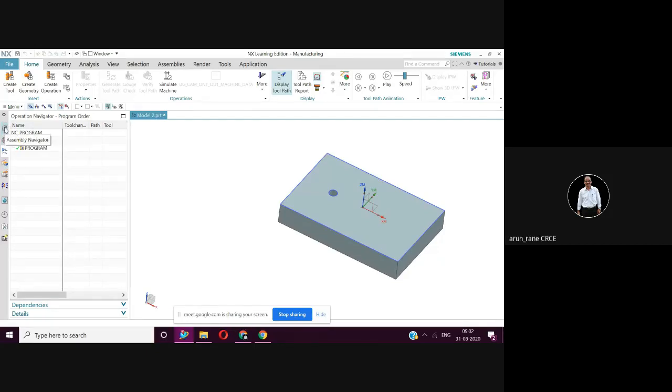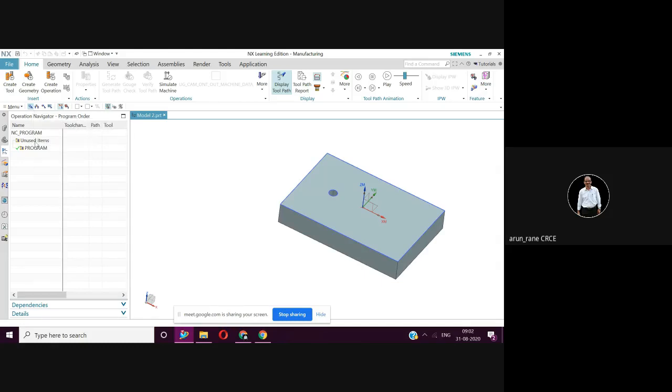On the side, you can see the different navigators: the assembly navigator, the part navigator, and the operation navigator. When you are performing manufacturing, you have to select the operation navigator. In the operation navigator, you can see all the operations, the step-by-step procedure of what you are doing.